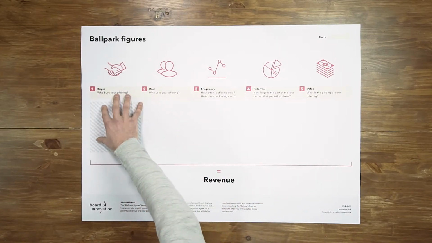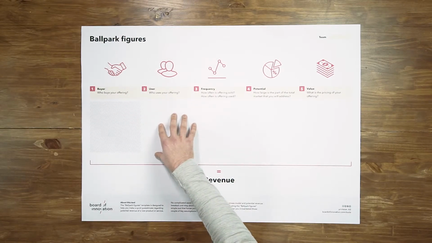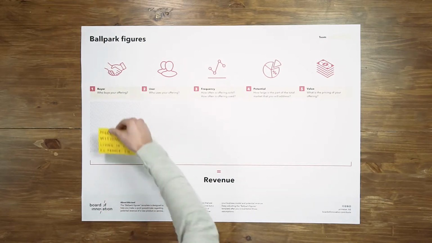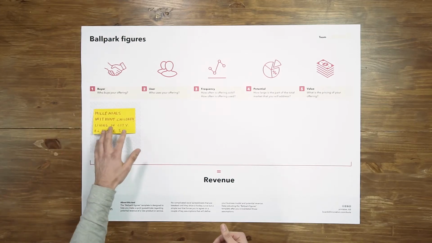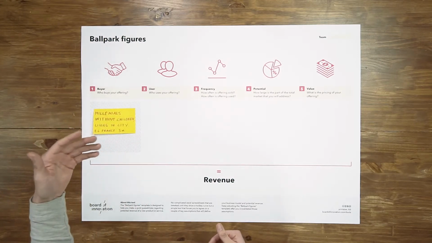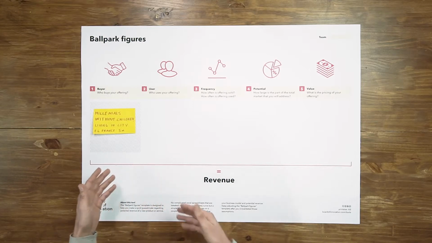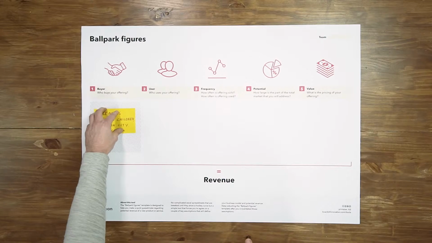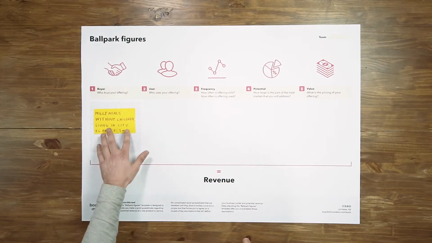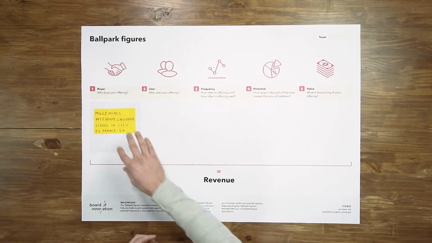First of all, we have the buyer and the user. So who buys your offering and who will use your offering. In this case, with our example, we assume that our clients will be the millennials, maybe millennials without children in an urban environment. And it's always important to zoom in on very specific numbers here. So let's say one of our segments would be focusing on France. For this specific target audience, let's say there are 5 million people that fit that criteria.